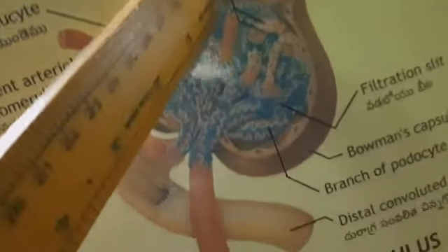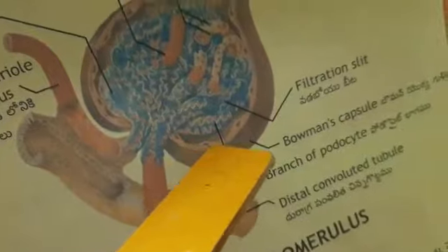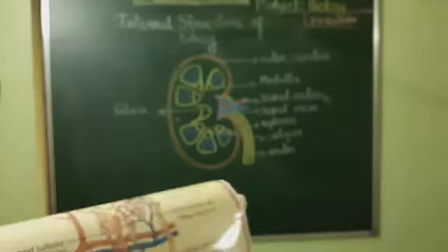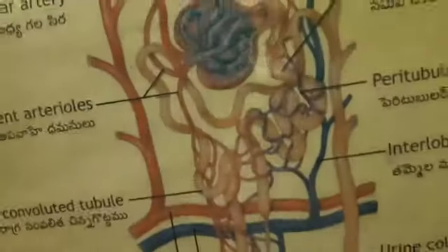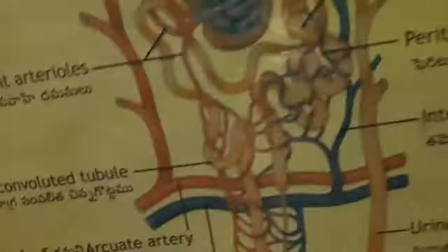Now apart from that, you can see that the glomerulus is there, and surrounding that you can see many such branches of podocytes. Podocytes are nothing but cells. Okay, the branches of fine cells which are made up of simple squamous epithelium. Okay, why are they needed? They are very thin and they help in the filtration. For that, they are present. Later, while explaining the urine formation, I will explain it in a much better way.